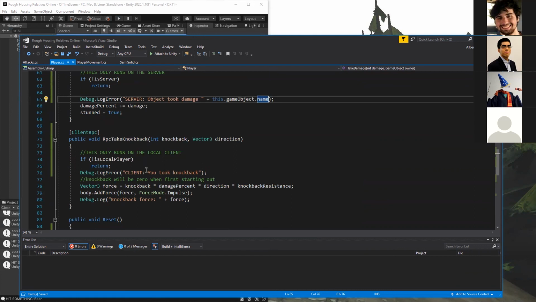So if the client can nudge the host, but the host cannot nudge the client, then maybe you forgot to put client RPC on it. Because the host is also a client, if you forgot to put this in here, it'll still nudge the host because it's running on the host.